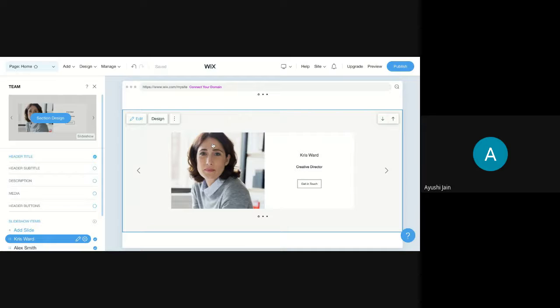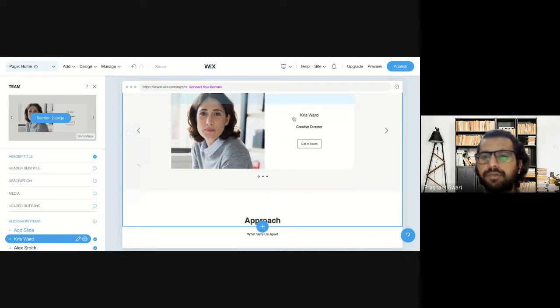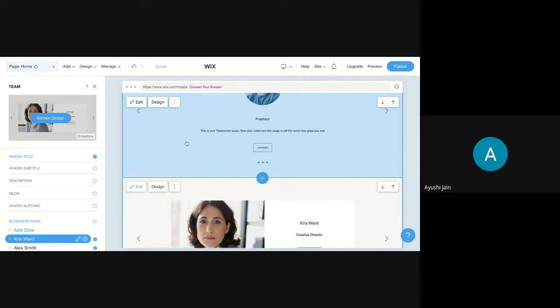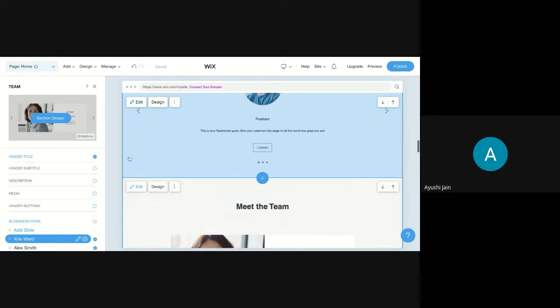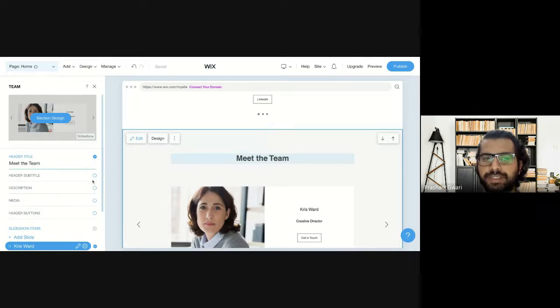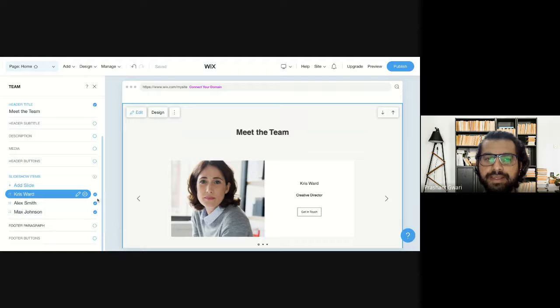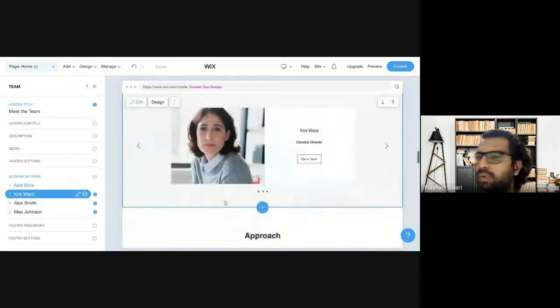So this is the header part, we will mention the meet the team part here, like this. And then if you want to add any kind of description, media, header, button, anything, you can do it from here. And same thing we did earlier on the testimonial part, by clicking the pencil button and categorizing them, customize them with your business, product, or your team or the testimonial. Same thing you can do here. So I will not do it again.